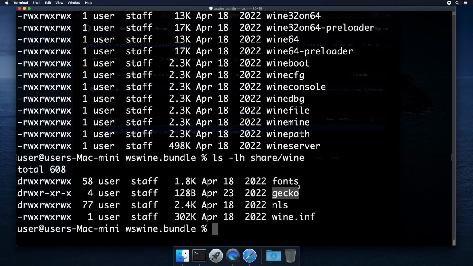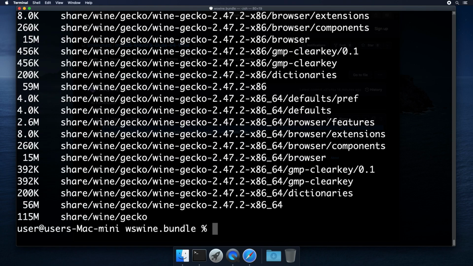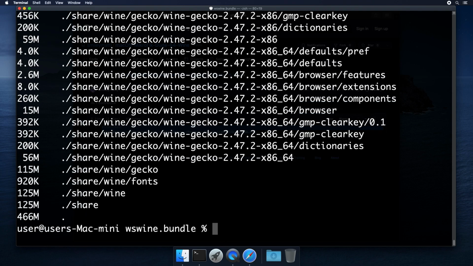For Dude, we don't need either, so I'm going to remove them. You can see Gecko is 115 megs, and the total right now for Wine is 466 megs.